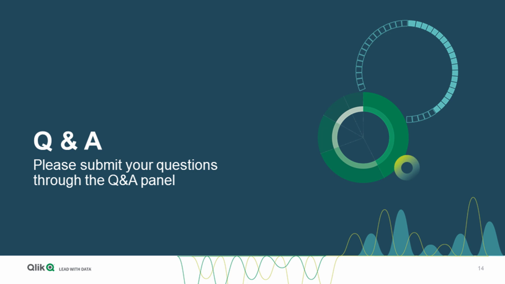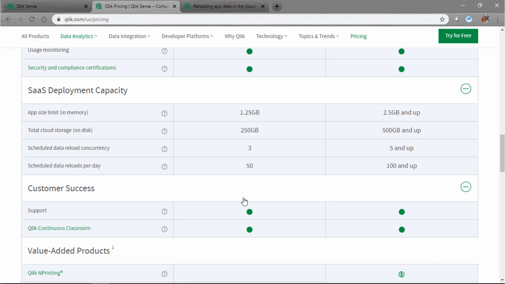Next question. Are there any size, user, number of apps, or number of data connection limitations? There are a few limitations. Let me just pull it up here. So there's an app size limit in memory, and that's 1.25 gigs. That one's kind of hard for you guys to know, how much memory an app is taking. Generally in the cloud, you don't have to worry too much about an app size limit. And then there is a total cloud storage. So if you're uploading files or QVDs or anything like that, there is a 250 gig